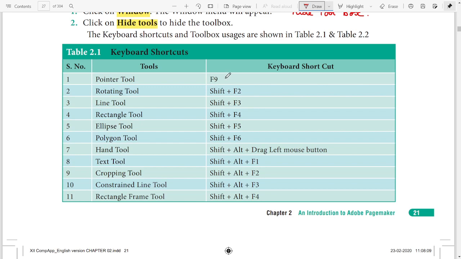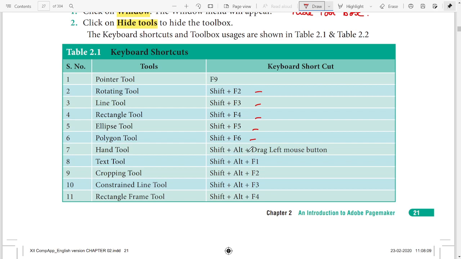F9 is the function key. F9 means pointer tool, and pressing Shift plus F2 you can rotate the document. Shift plus F3. Mostly it is the function keys F2, F3, F4, F5, F6, and the corresponding tool is given.